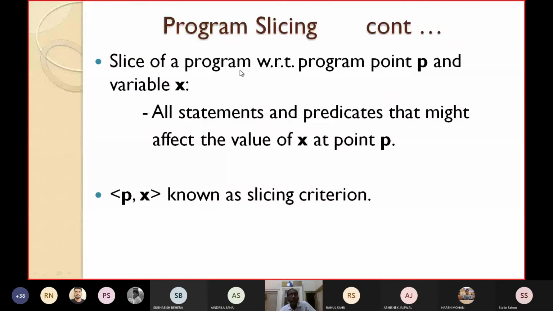The slice of a program with respect to program point P, that means program statement P, and variable X, is defined as what?